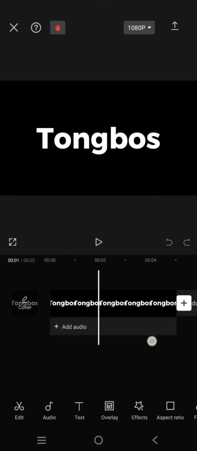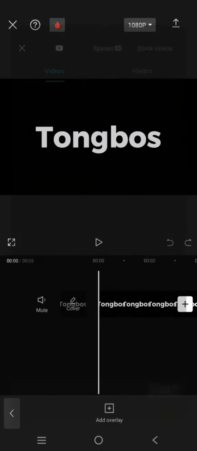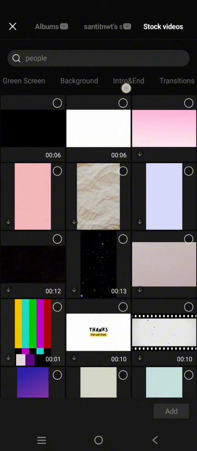Export, click on save to device and open it in a new project. So after you open the text in a new project like this, just add the fire overlay. So I'm gonna use the one from the stock videos. You can easily find it under the